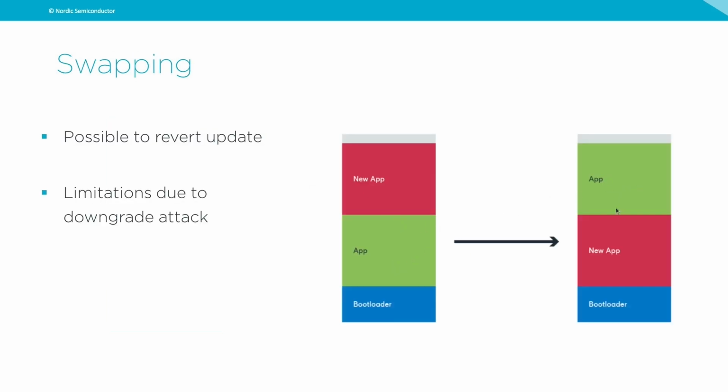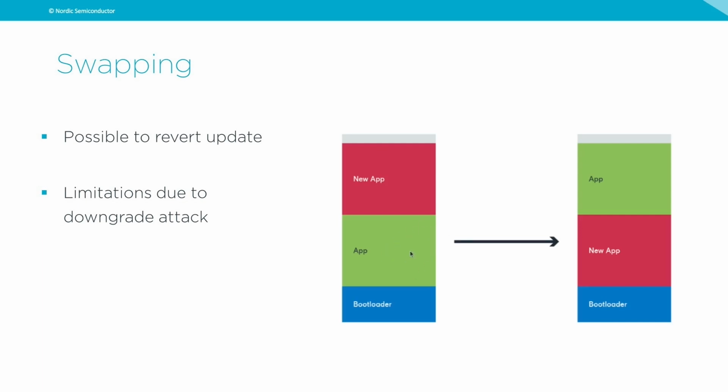As I said, we want to swap. The reason we want to swap is that when you do DFU, you don't always know that the update will be successful. You are running new firmware on your device, and things can happen. You never know. So the thing I would suggest that you do is